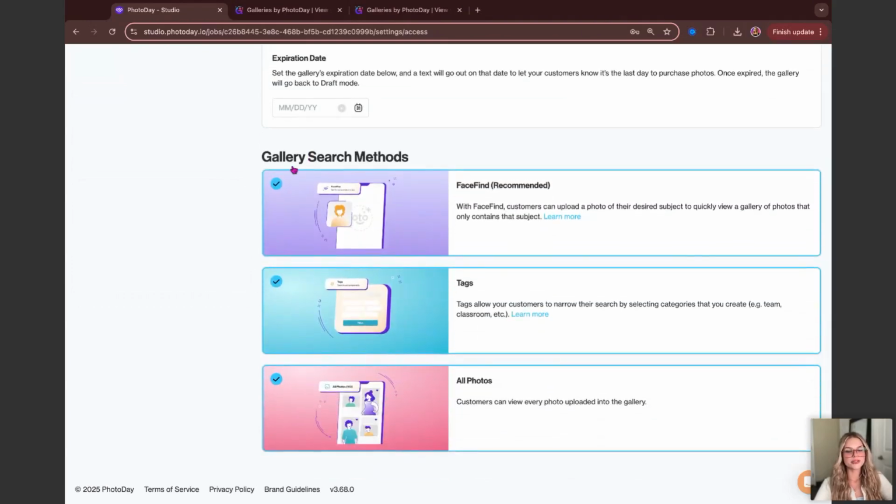And then lastly, gallery search methods. So when you first create your gallery and you're in this tab, it's going to show you all the search methods. So like I said, parents can use FaceFind to search for their kid's photo. They basically upload a photo of their child or of the athlete, of the student, and it will return the search results, any photo with their face in it. There's also tags. So tags would be different folders or subgroups of images set by you. I'll show you how to do tags, but